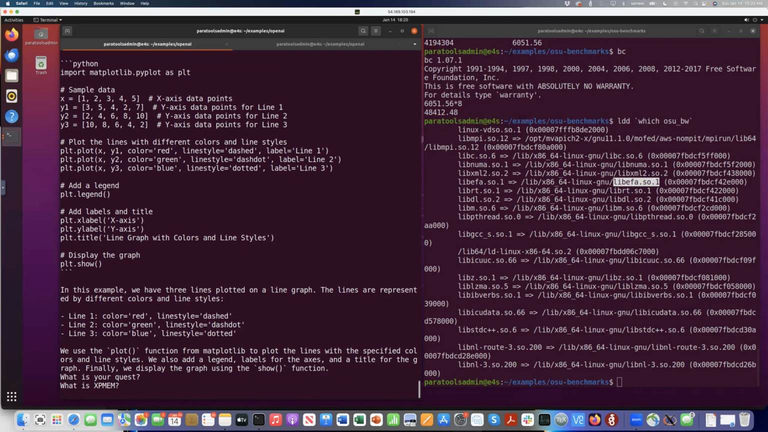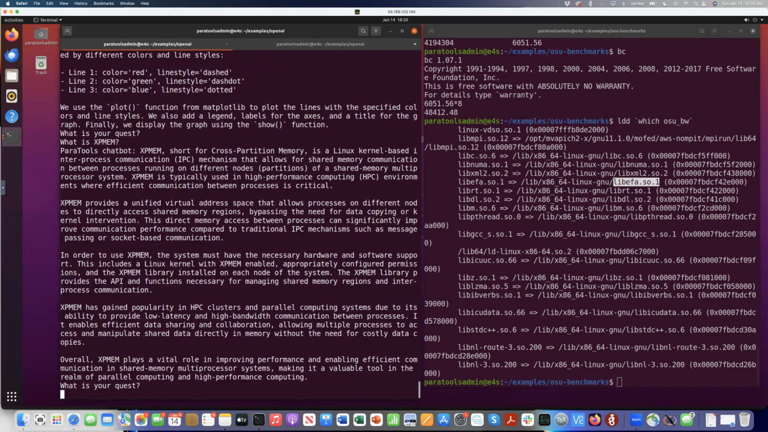When you configure a cluster, it's an important consideration to make sure. So it says xpmem, short for cross-partition memory, is a Linux kernel-based inter-process communication mechanism that allows for shared memory communication between processes running on different nodes of a shared memory multiprocessor system. So this is important in HPC environments. It allows us to get a unified virtual address space so that we have efficient communication between MPI tasks running on the same